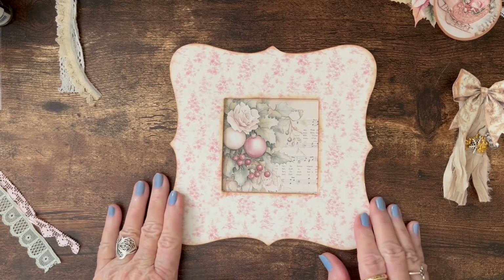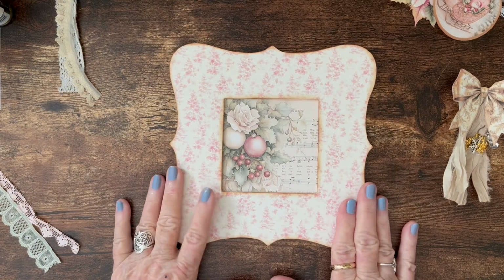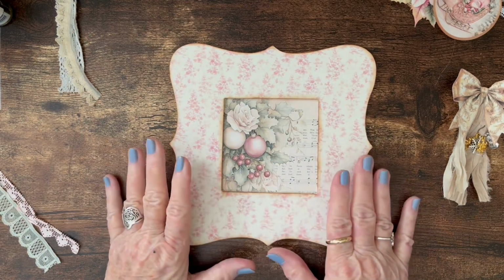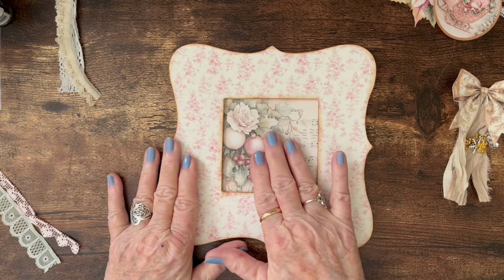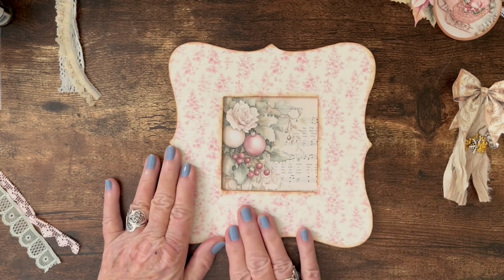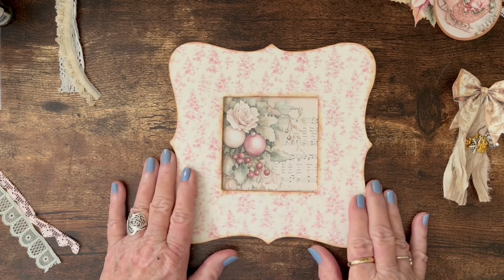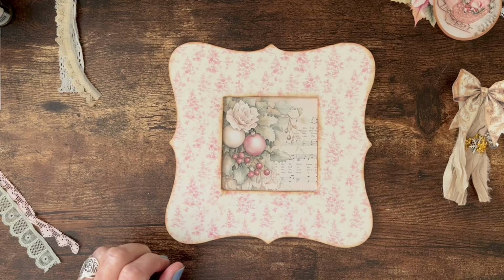And I just went through my papers. I have already printed everything out on cardstock, and I decided what I wanted in the picture and then how I could complement that by using the paper on the frame. So what I did was